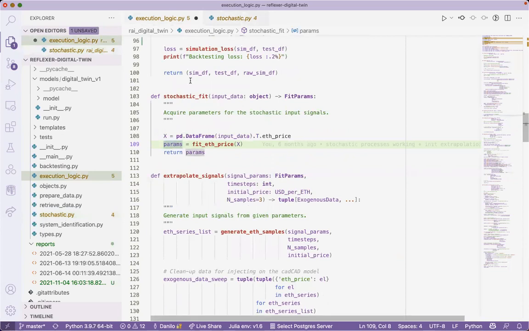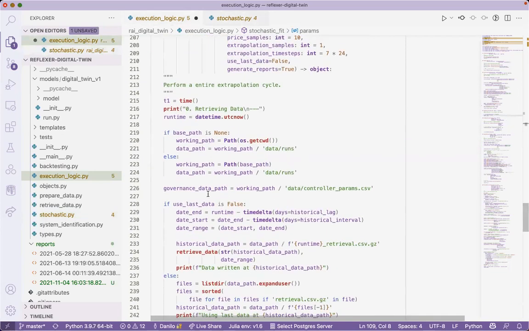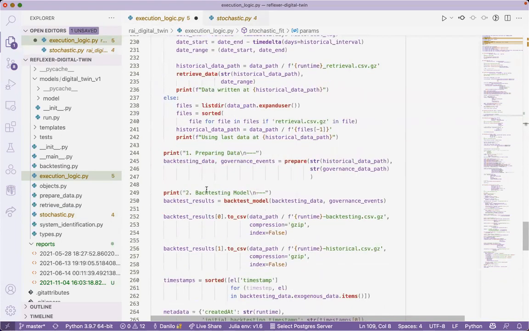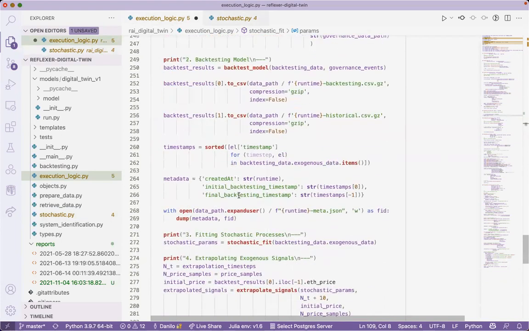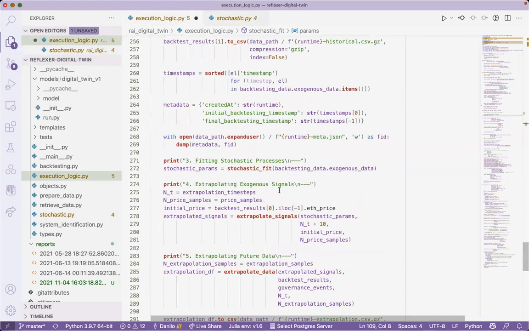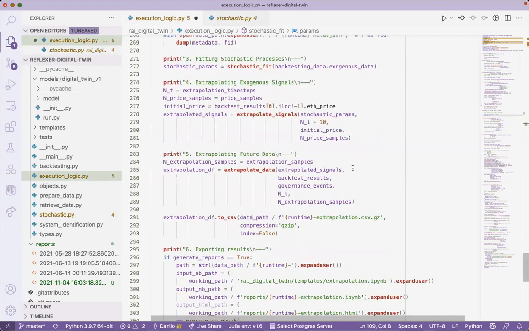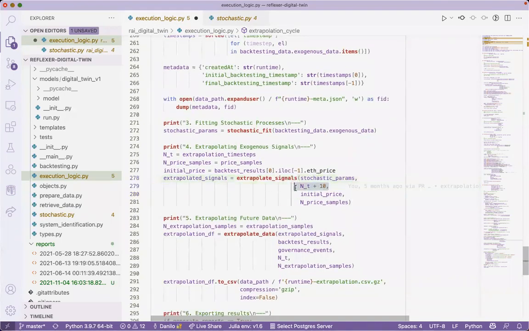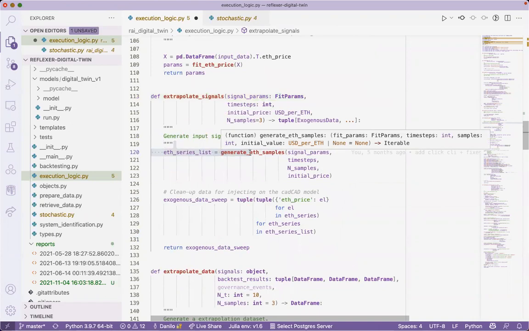And yeah, we got those parameters back, and after that, with the stochastic params, we can provide them to extrapolate signals. To extrapolate signals, we take those parameters, the amount of data that we want to generate, the initial Ethereum price that we have, and how many samples we would like to have. And it's just about generating Ethereum USD price time series.